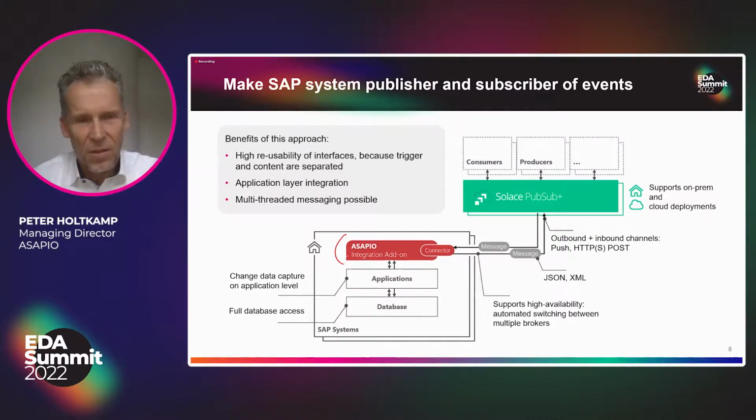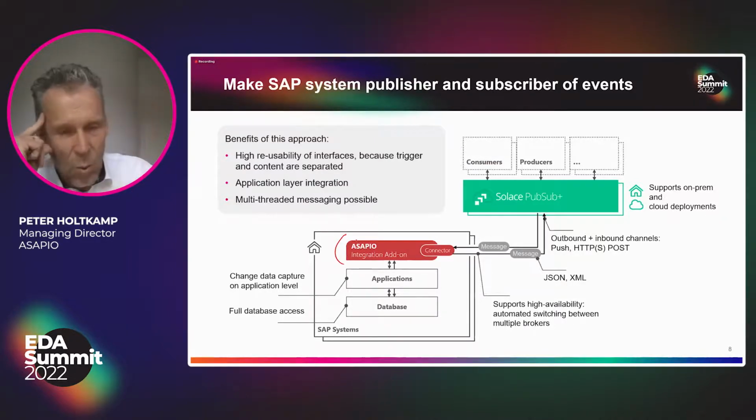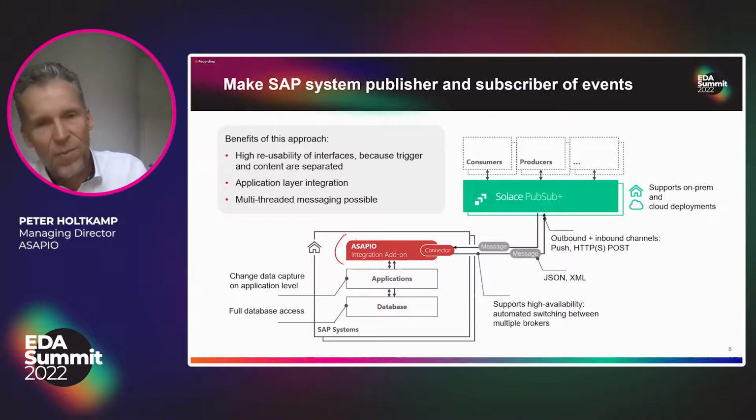What does SAP system mean? It can be an ECC system, an S4 system, but also other system types which are NetWeaver based, like an HR system, HCM, or a supplier relationship management system. It's all the same approach, all the same add-on. Due to the fact that we sit inside the SAP system, we have access to the application layer, which means the ABAP layer, and access to the database layer. So we define an event and we separate the event creation from the payload creation.